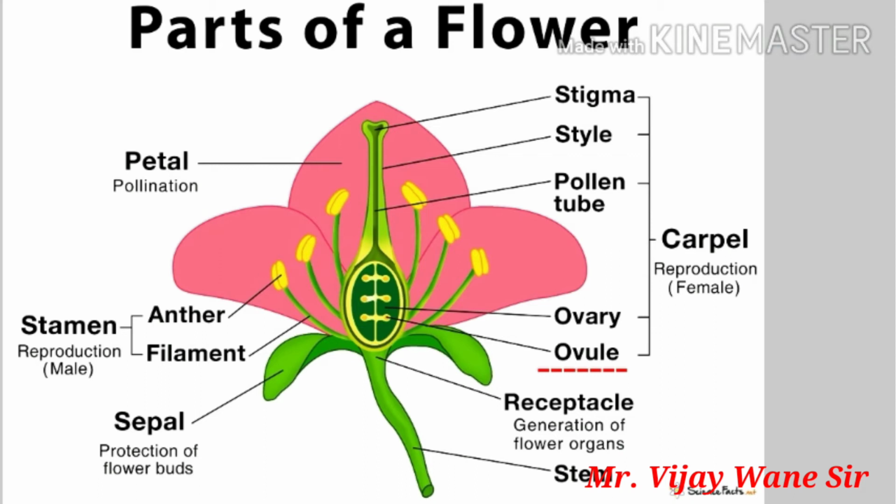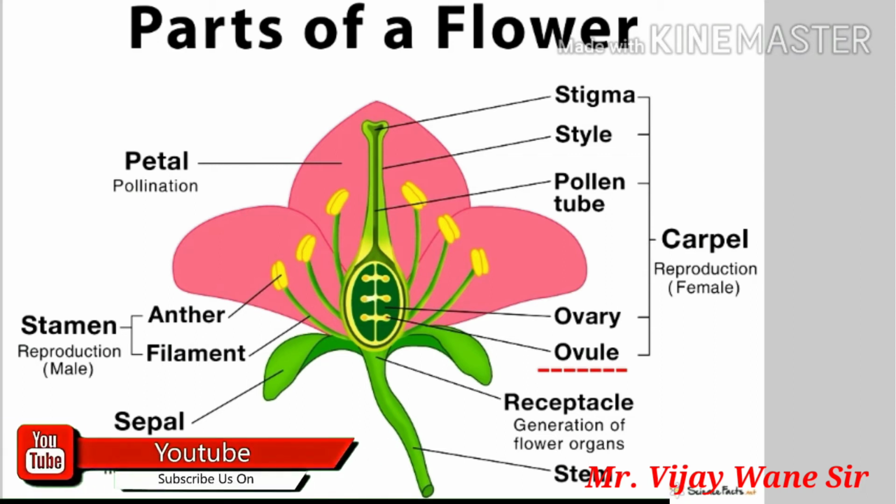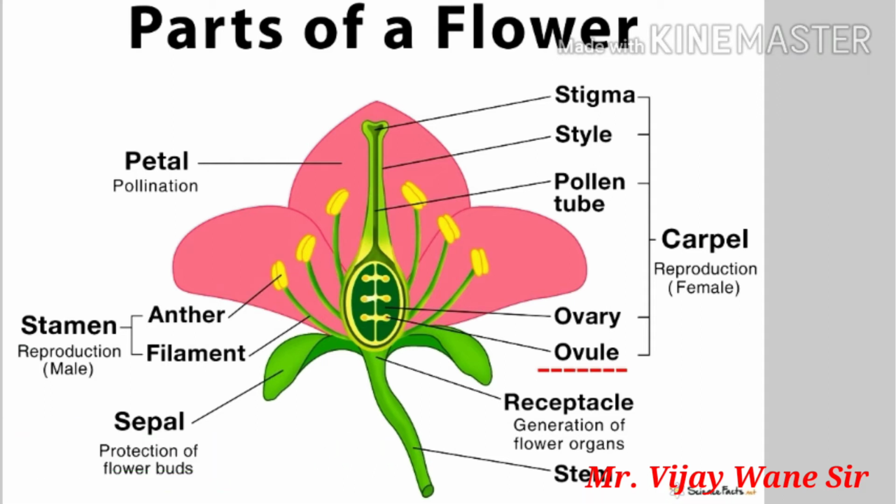Now look at that ovary again. You will see three tube-like structures arising from it. From the center there is one tube, and from the left-hand and right-hand side of that tube another two tubes are there. So let's see their names one by one. The central tube is called the carpel. It is divided into two parts. See it properly. The upper head-like structure is called the stigma, and the tube connected to that stigma is nothing but the style. So this combined stigma and style together is called the carpel.